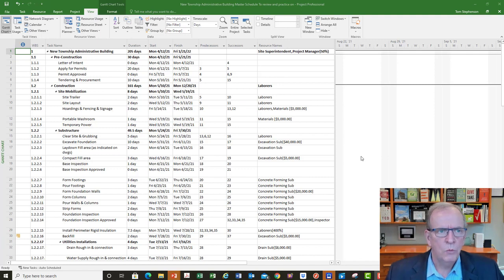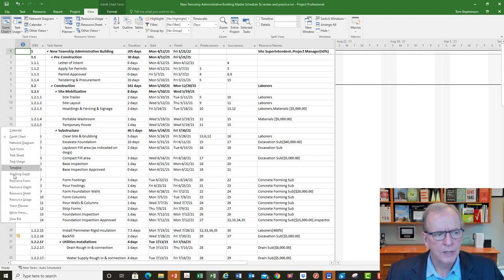But today we're going to be just looking at highlighting, filtering, and sorting. So I have this schedule here, and this is a cost-loaded schedule, resource and cost-loaded. It's got activities listed down the side. It's got a pretty well-developed work breakdown structure. It's a construction project. If I slide to the left and I go to my resource sheet by right-clicking, you